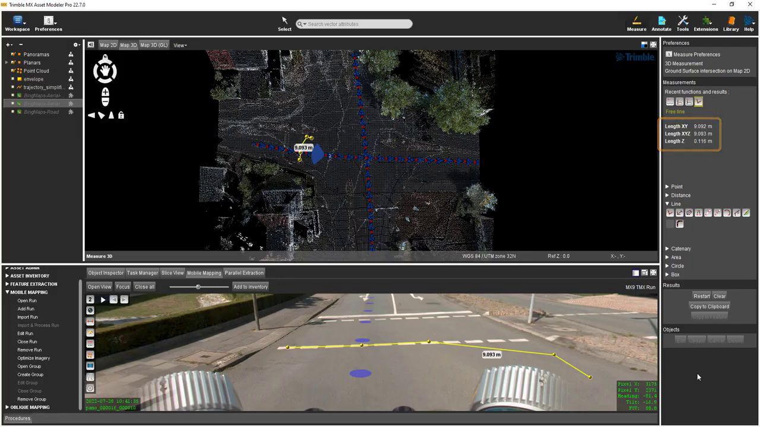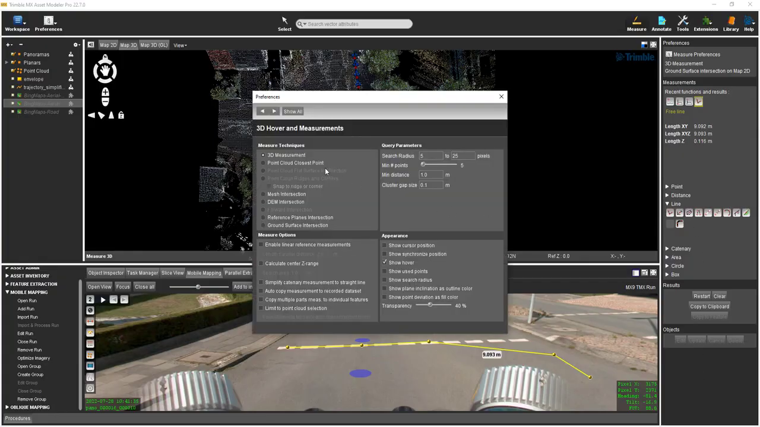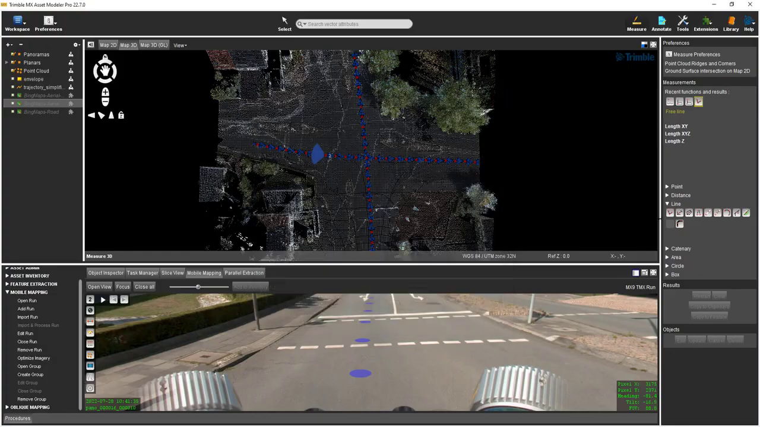The icon just to the right is a one-click ridge measurement, which can be useful for measuring the street, curb, and gutter. This semi-automatic measurement function works better with some modification to the measurement preferences. Select the measurement preferences at the top of the dialog. Select Point Cloud Closest Point, followed by Point Cloud Ridges and Corners. Under Query Parameters, set the minimum search radius to 10 and move the minimum number of points slider to approximately 15. Close the dialog and I will select the ridge with one point icon